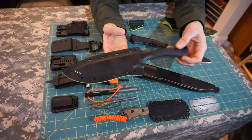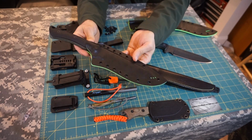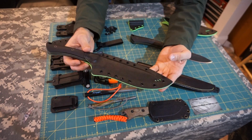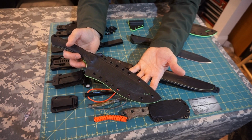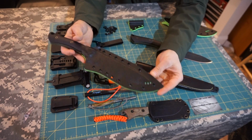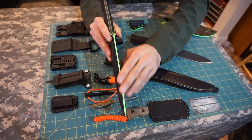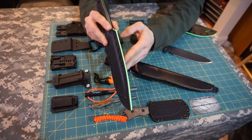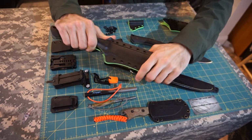I wanted to have a good quality solution for the masses, something that everybody could use. I wanted something that would be a good choice for a backpacker, camper, hiker, bushcraft, and even tactical application. Generally speaking, this is a good overall solution for a sheath, and in future iterations there will likely be different color combinations available. But this, as I mentioned, is the very first Outer Limitless official edition in this black with